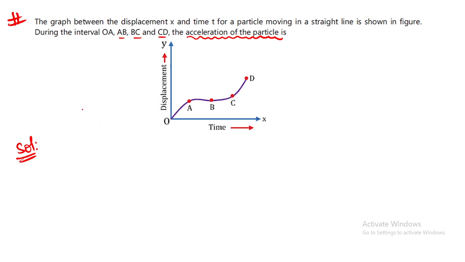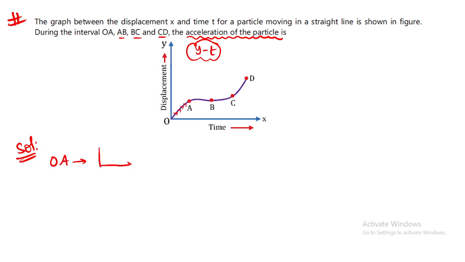Okay, let's do it. Which graph is this one? It is a displacement-time graph only, no? Here y and t also indicate that. Now let's see OA. If I try to draw a small line here, you see this graph is going towards the time. So if I just analyze O to A, what is it here?